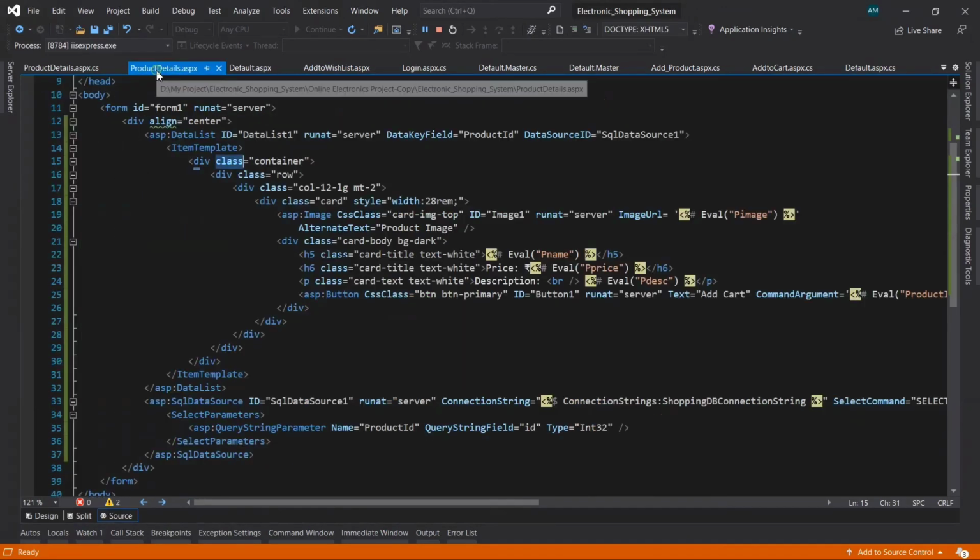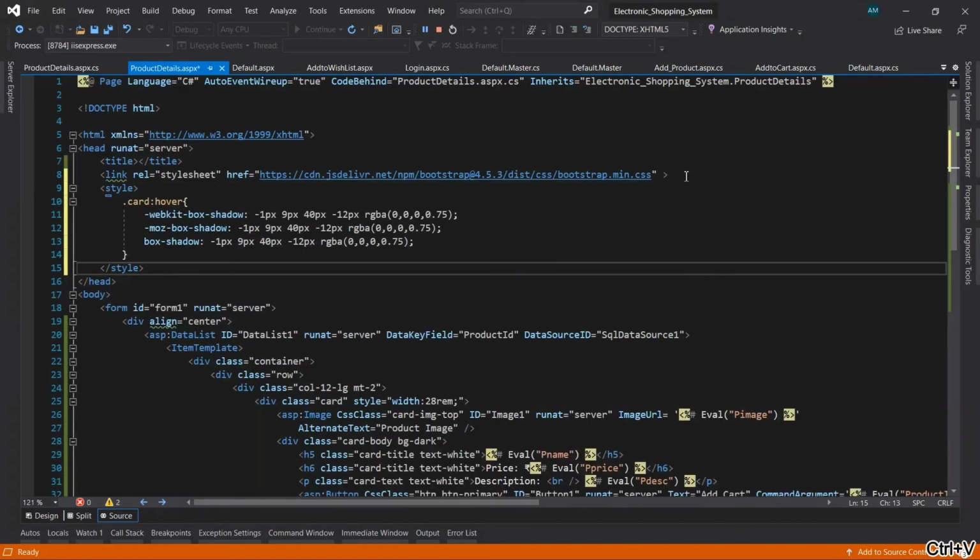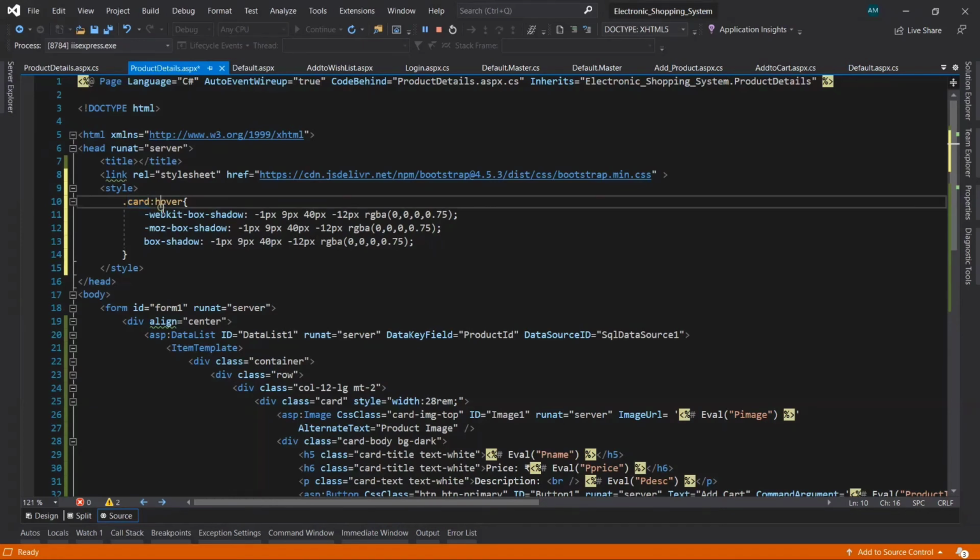Go to the product details aspx page where you have pasted the bootstrap link. Right after that, just place this CSS class, the CSS property for this. So in style I have taken the dot card colon hover. That means I've given the CSS property for the class card, that is dot card. And when you hover on the card, it is going to put a box shadow on our product details page. Okay, so let's save it